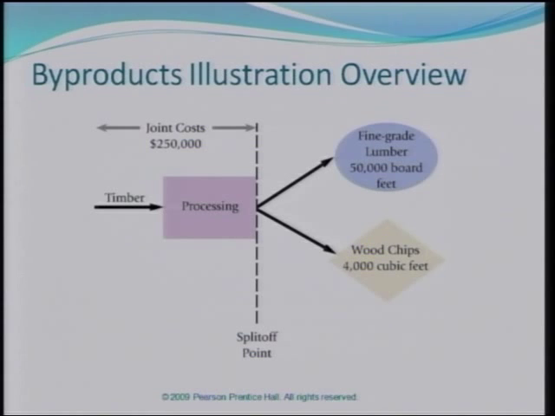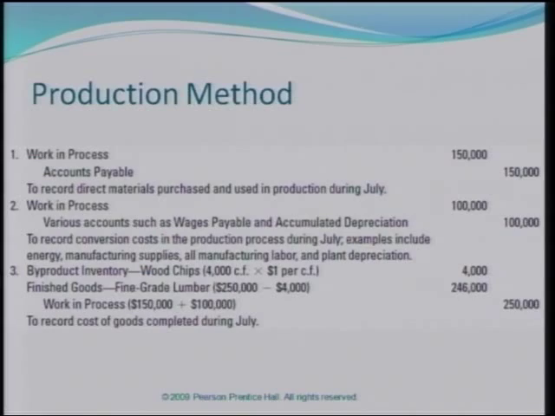Of course, after the split-off point, as we can see here, we have the fine grade lumber and the wood chips. The first is 50,000 board feet, and the second is 4,000 cubic feet. Now let us consider the production method. Of course, as we just said, we are going to recognize the byproduct when it is produced. Therefore, if we need to journalize the flow of the joint costs and then the recognition of the products,